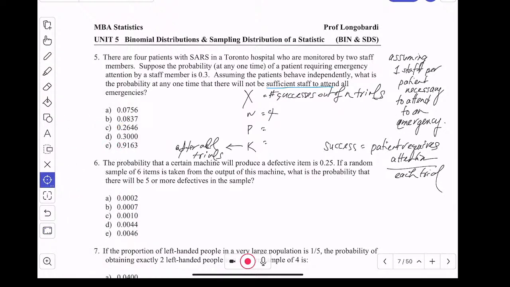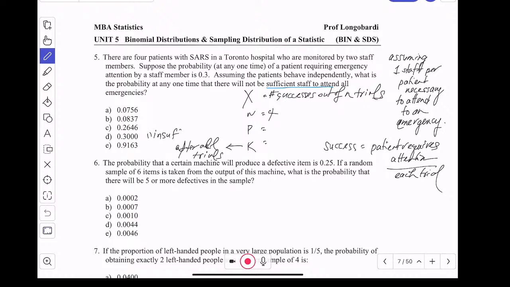So assuming that you need one staff member for each patient to attend to an emergency, and there's 4 patients and 2 staff members, if more than 2 need a staff member, you're not going to have sufficient staff. So in this case, after all trials,